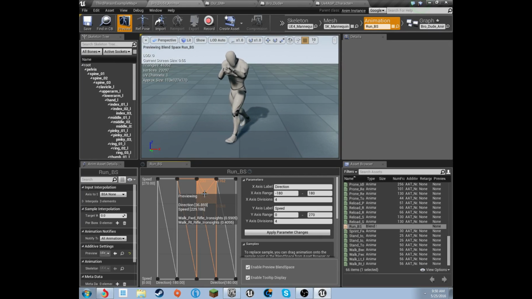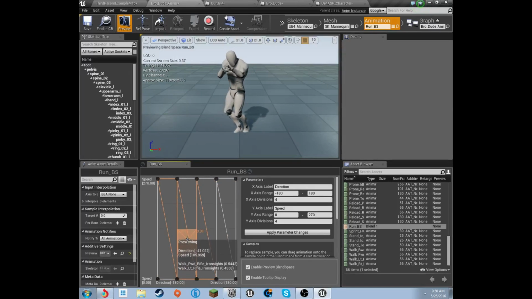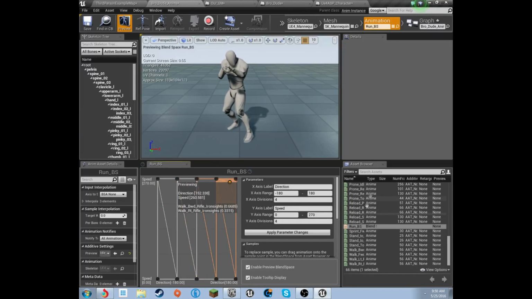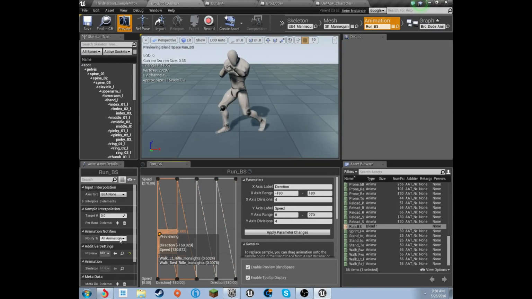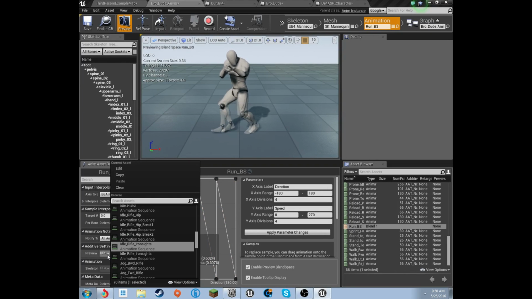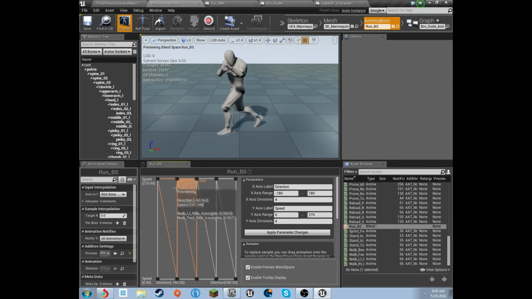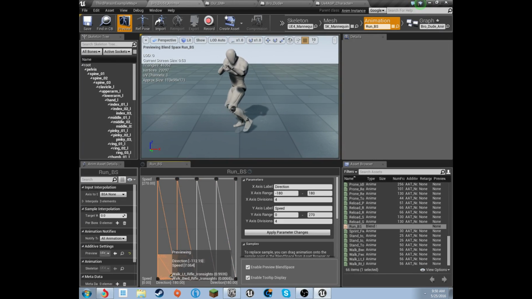Now, we actually get into throwing in these animations. What this is, is a grid where at each intersection you can put an animation. Each one of these is an animation that we have in here. I have the additive setting at just idle iron sights. You don't have to have that, but if it isn't working for you, then maybe you do have to have it. You can see as I'm moving around here, the guy is changing how he's walking